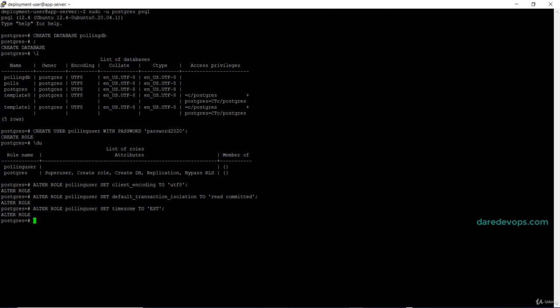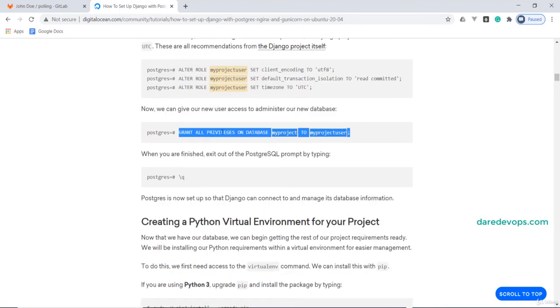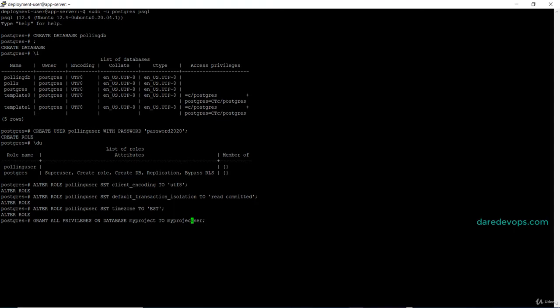Next, we will give the polling user the access to administer the pollingdb. Copy and run this command to do so. Make sure you properly replace the highlighted words. That is done,